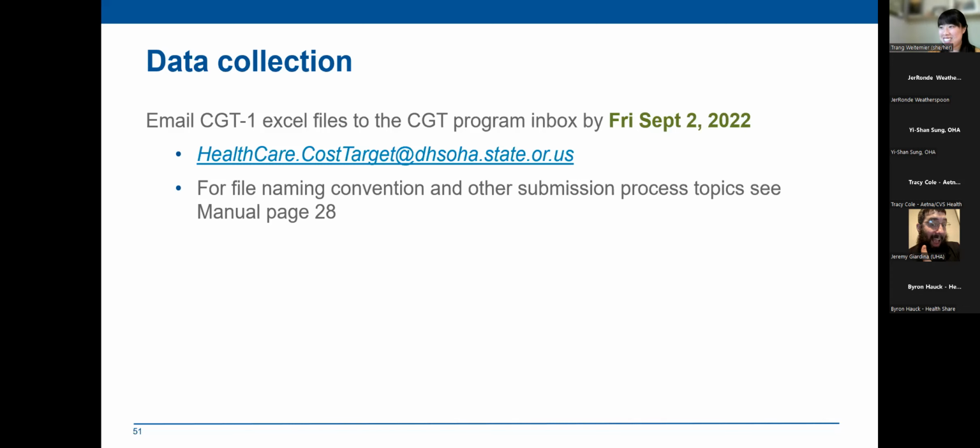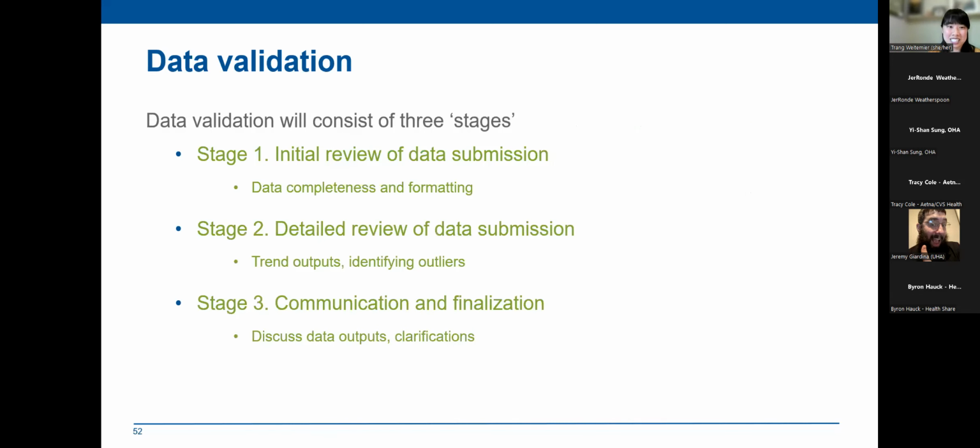All right, next slide. So let's get into data validation. Our data validation process consists of 3, we're calling them 3 stages. Stage 1 is the initial validation. We're looking at data completeness. Are those 7 tabs filled out? Is the data between